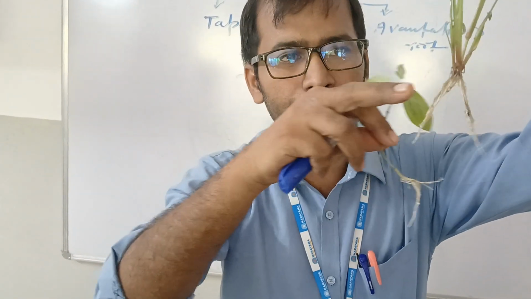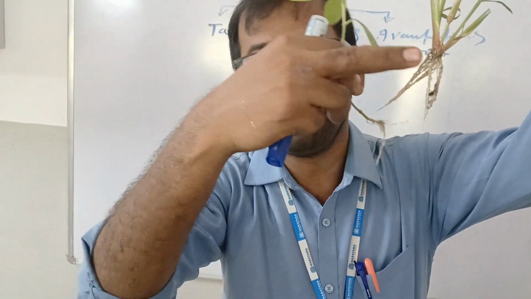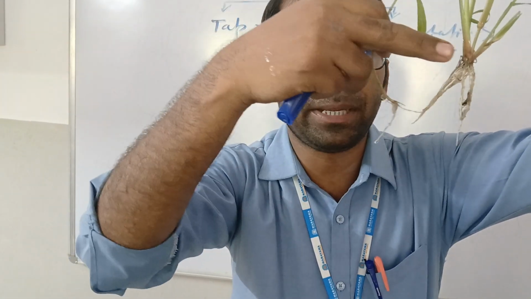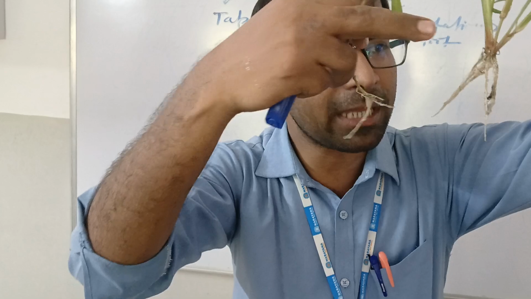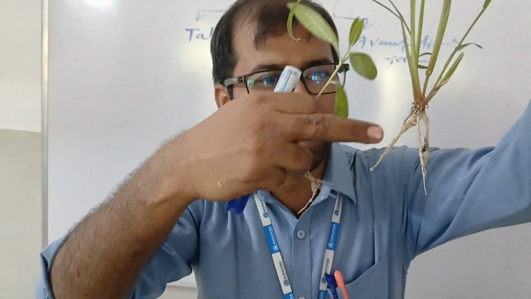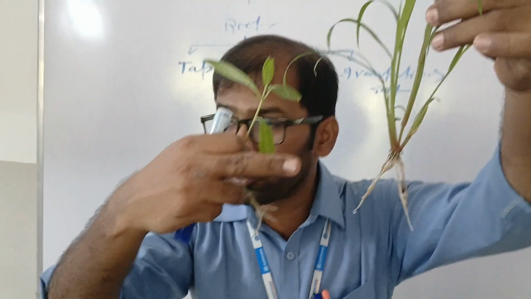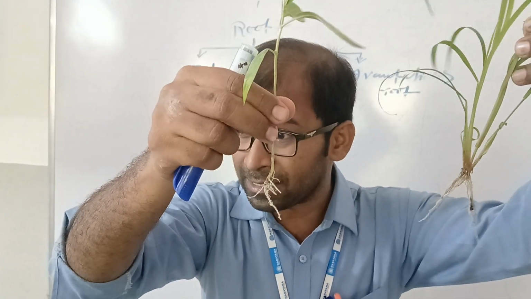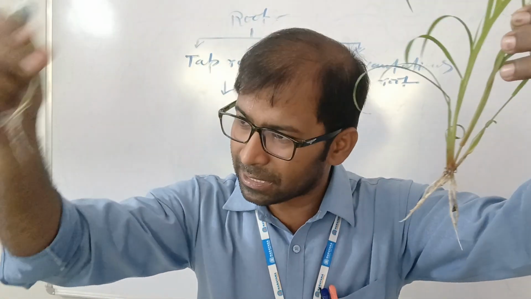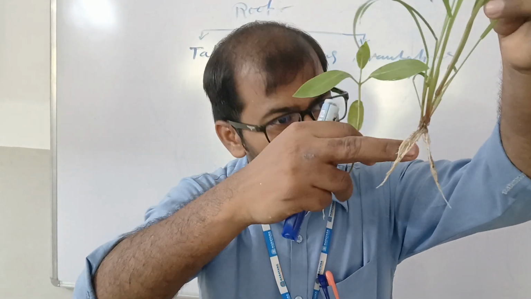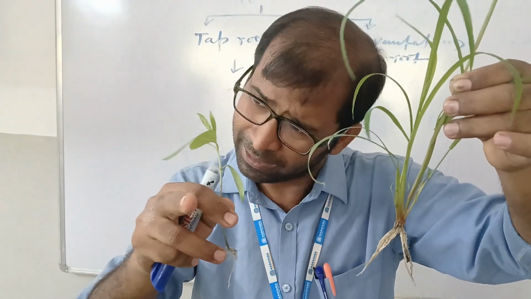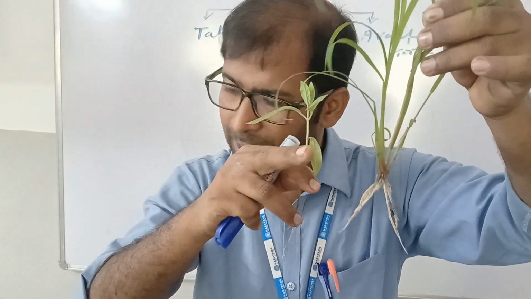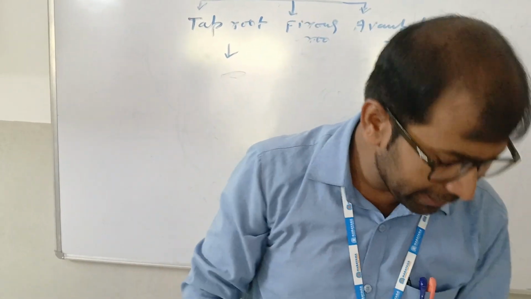Here you observe, is there any main root? Is there any primary root? Any secondary root? Any tertiary root? All roots are equal. Okay, there is some difference. This root system is known as the tap root, whereas this root system is known as the fibrous root. There is no primary, no secondary, and no tertiary. Okay, this is the fibrous root. Clear? And what is adventitious root?